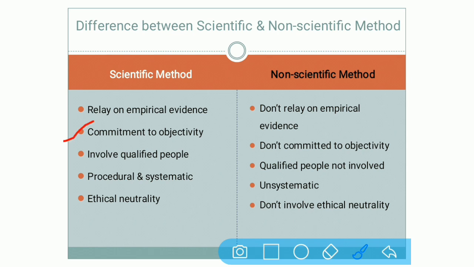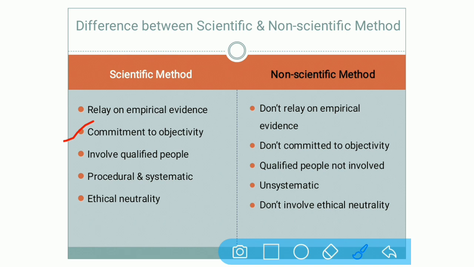Number 2 is commitment to objectivity. Every work in the scientific method starts with certain goals, with a certain aim. It never works without any aims and goals. We also took one example in the last video, again repeating it. If you want to check the satisfaction of the students related to the use of mobiles, then not only do you have to check the satisfaction, but you have to check that if they are not satisfied, which problems they are facing and exactly what their requirements are while using the mobiles.